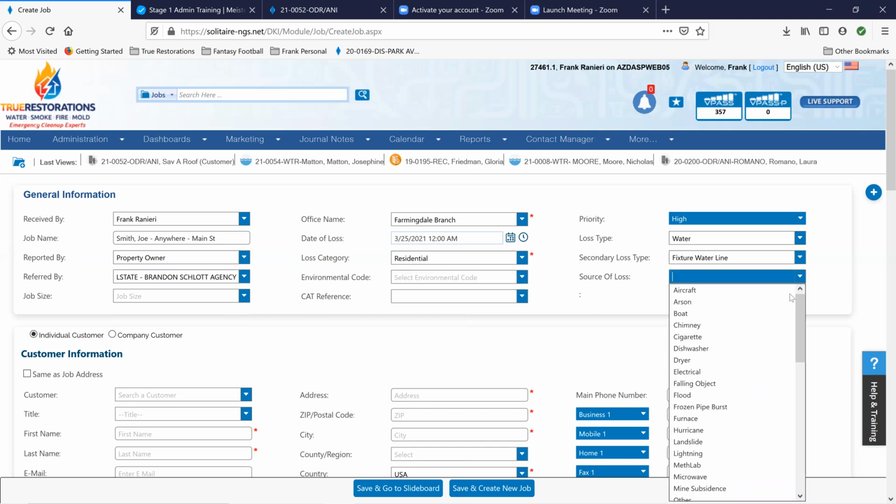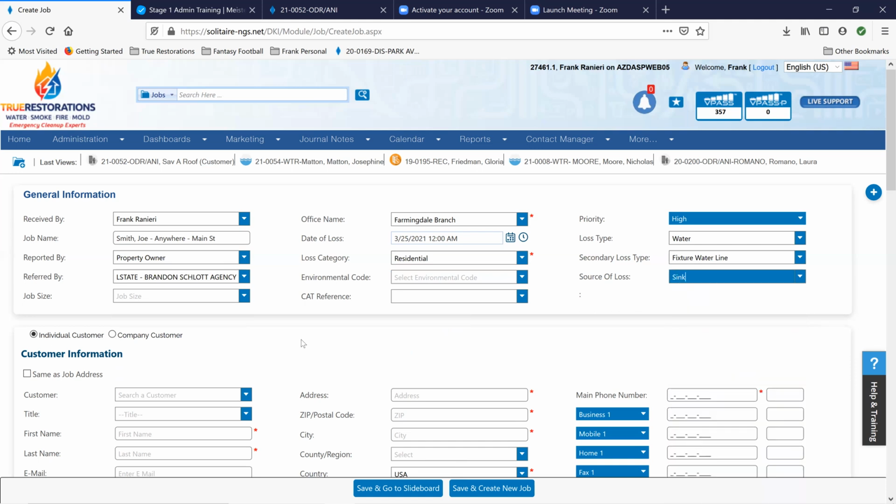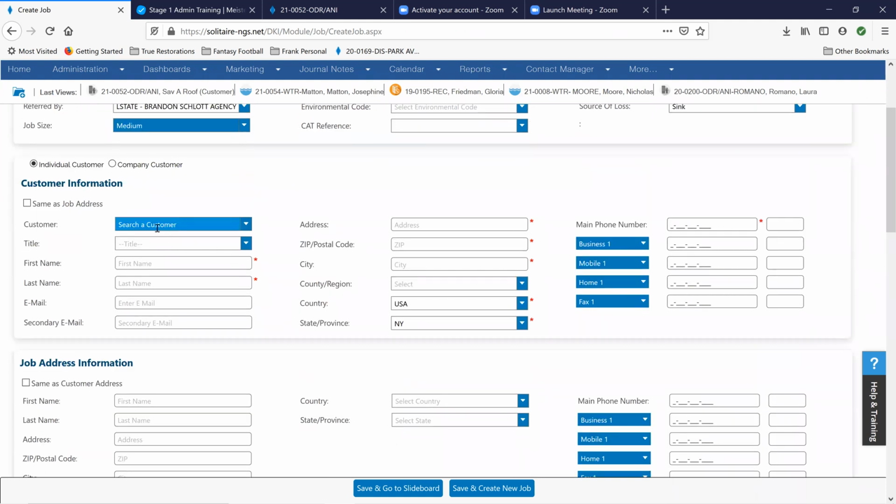The source of loss would be a fixture water line. Let's say it was a sink. We'll go ahead with the sink. The job size, well, made it sound like it was a medium-sized job, and the CAT reference doesn't need to be had. The next section would be, well, first thing that we want to do is see if it's an